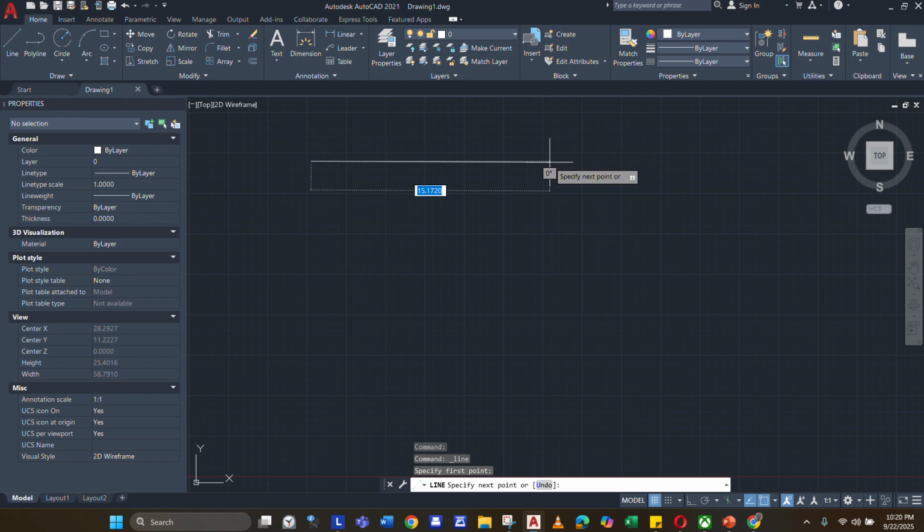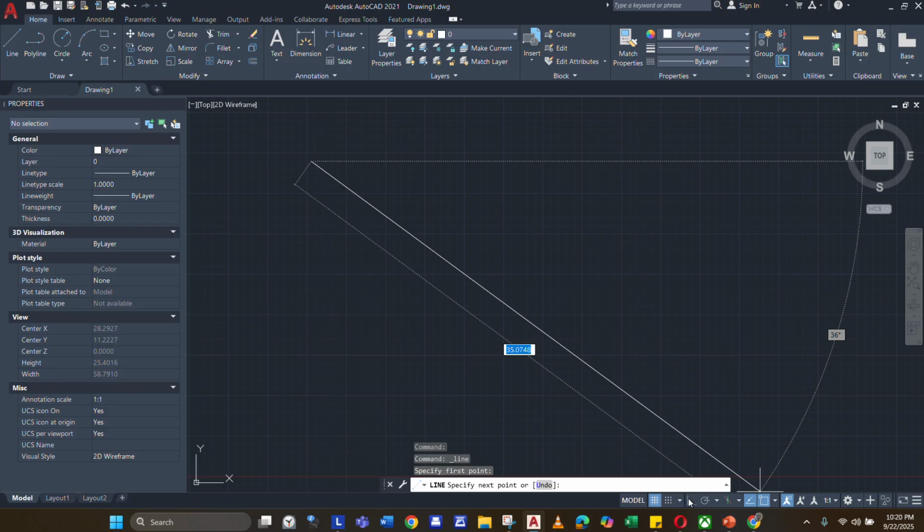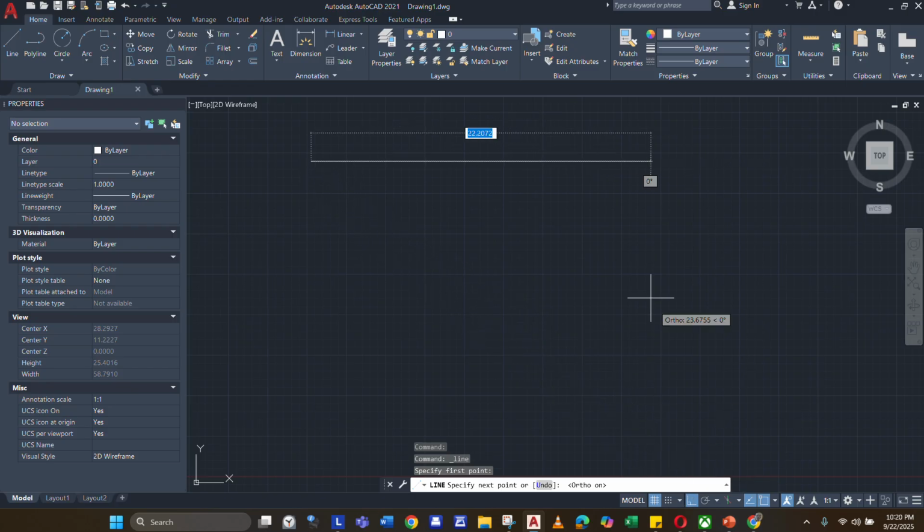What I just clicked is the ortho mode. Actually F8 is its shortcut, but F8 doesn't work on my keyboard right now. I don't know about your keyboard, but try it on your keyboard. Basically the shortcut command, or typing the command, is F8. If it doesn't work, then here is the ortho mode button.